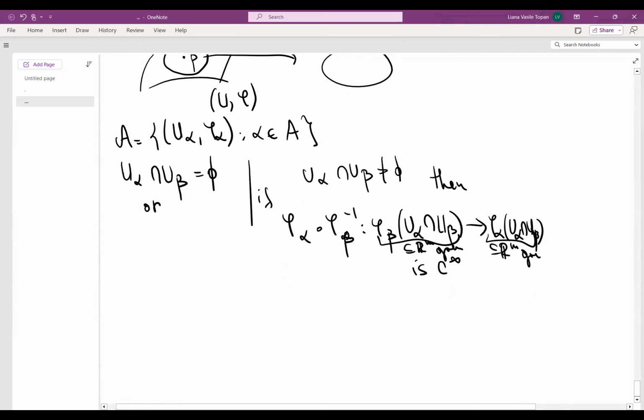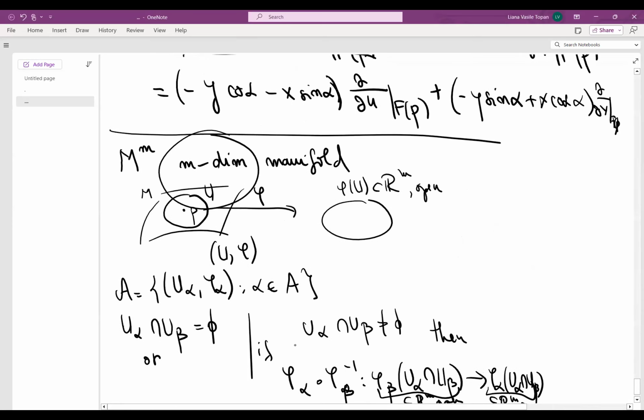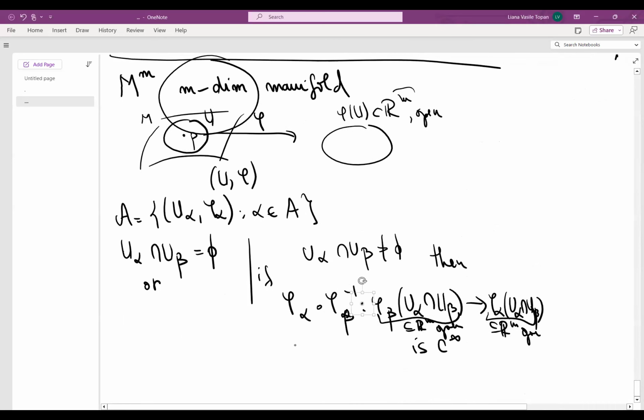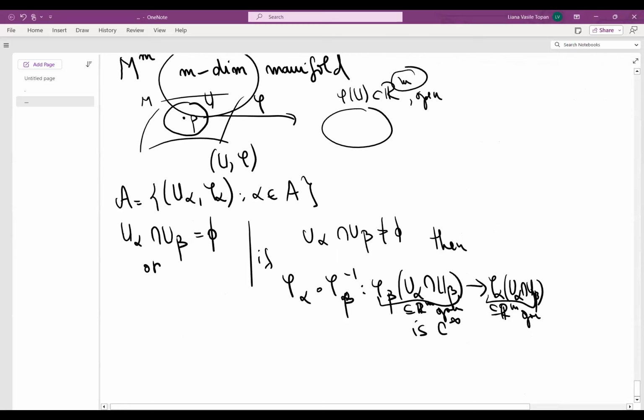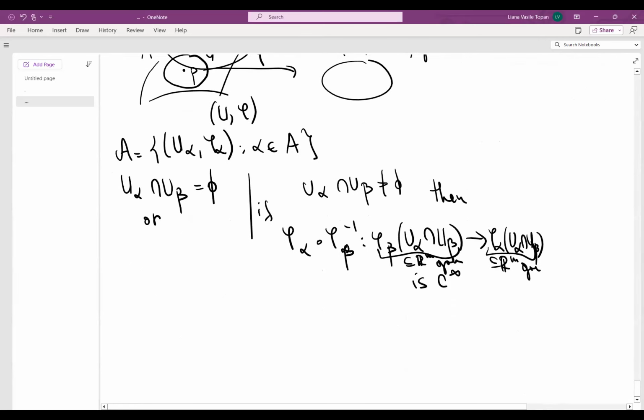So, a maximal atlas: we put together all the charts which are compatible, and this will determine a smooth structure on M. So M will be called a smooth manifold, an n-dimensional smooth manifold. Again, the dimension is given by the dimension of the Euclidean space onto which phi takes open sets of M. We saw that this is correctly defined, and so we can indeed talk about the dimension of a manifold.